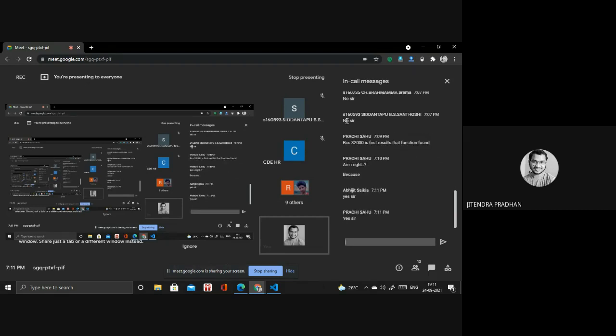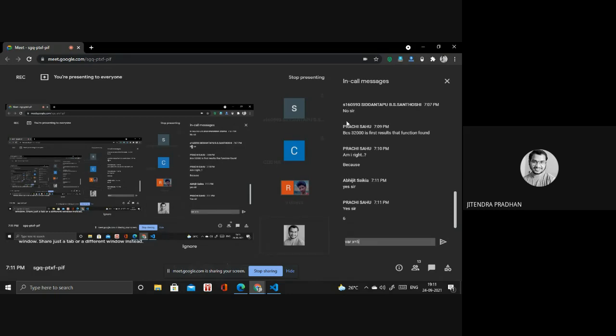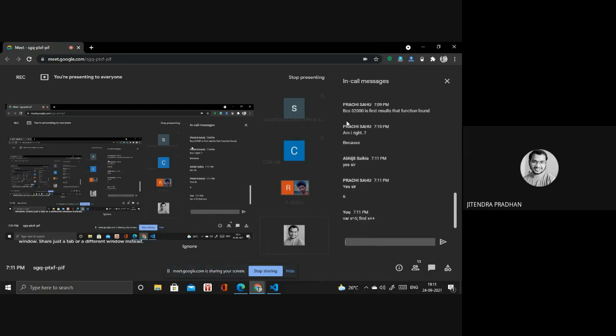Okay. If the variable x equals 5, what is the value of pre-increment? I will write in the chat box. Calculate that one. x equals 5, and in that I need to find x plus plus. Please go to the chat box. I will write something there. Okay, other one.